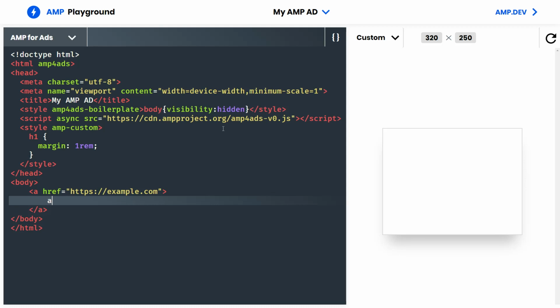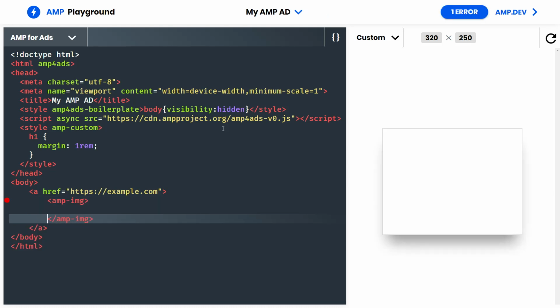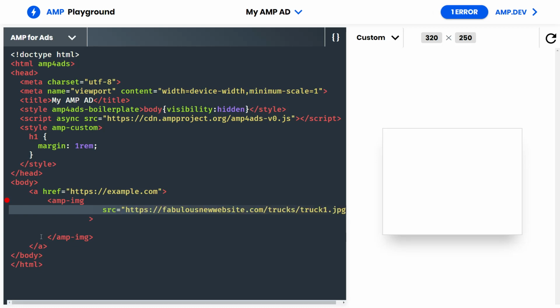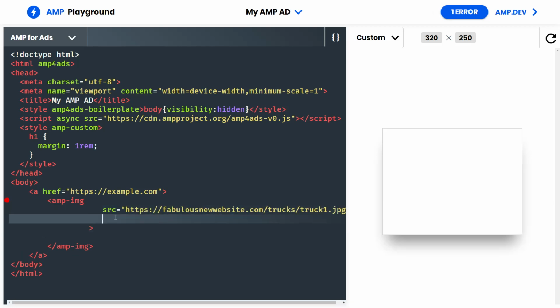Okay, and now let's create an image. So let me do AMP-IMG, and let's do the source. Let me grab the link real quick. All right, and we want the dimensions of our ad to be 320 by 250.